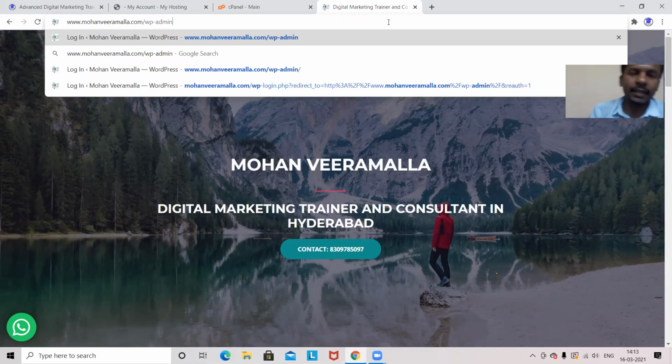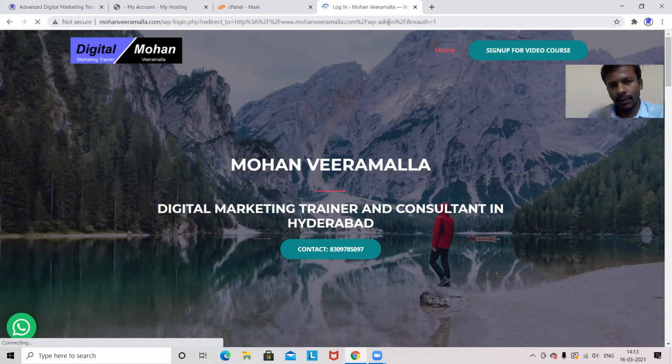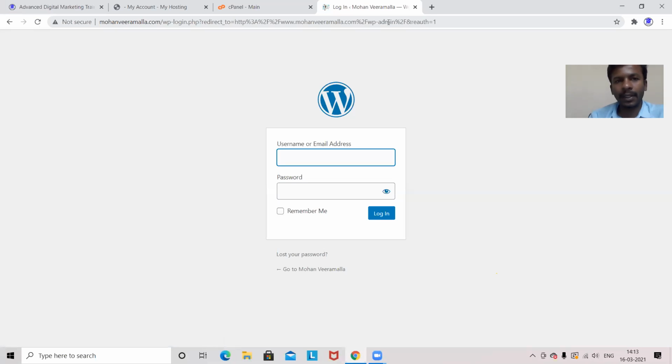Now this will be the URL of your WordPress section. Yesterday we have seen when we are installing WordPress, there we have given username and password. So whenever you use this string to log in into your dashboard, there it will ask you again username and password. So this username and password you have to give, then only you can enter into the dashboard panel. If not, you can't enter. Think that you forgot the password, then here you have an option, lost your password. From here you can retrieve the password again. That means you can change the password according to your wish. Okay, now this is the second process.